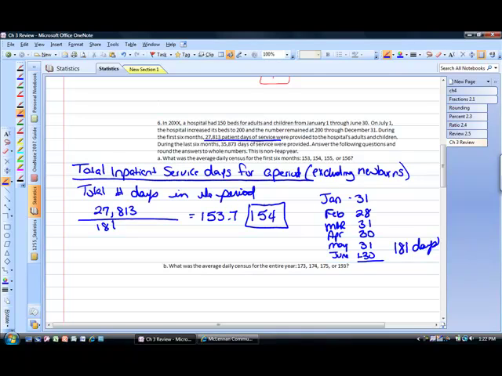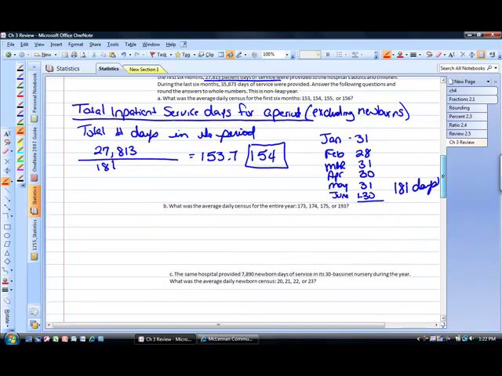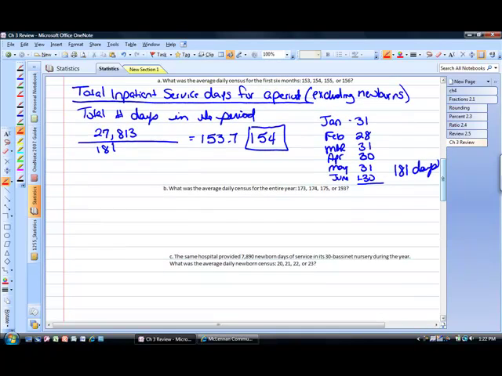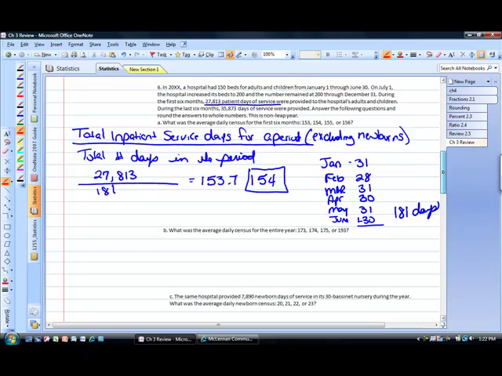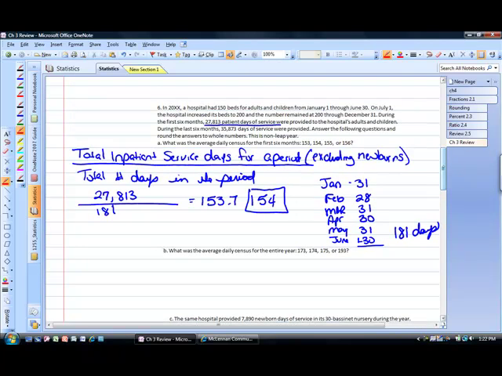The average daily census for the entire year, we're going to use the same formula, but since we're using the entire year, we know that our days will be 365. We also have to figure out what the total inpatient service days are for the entire year, so what we're going to need to do is add